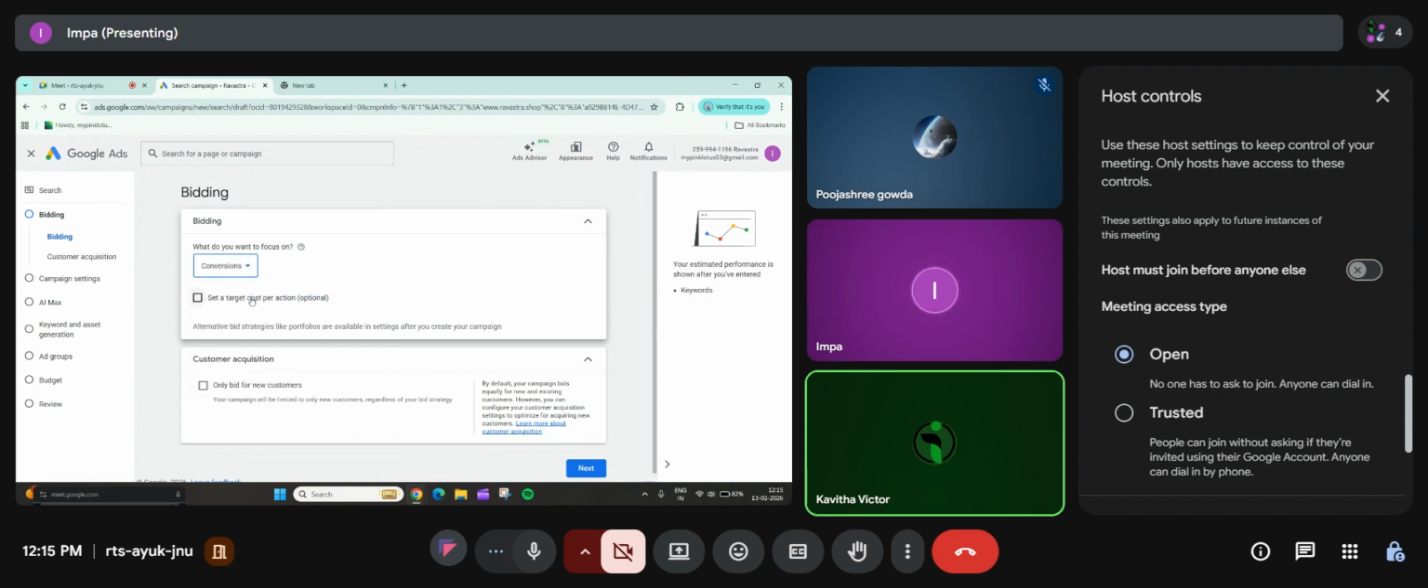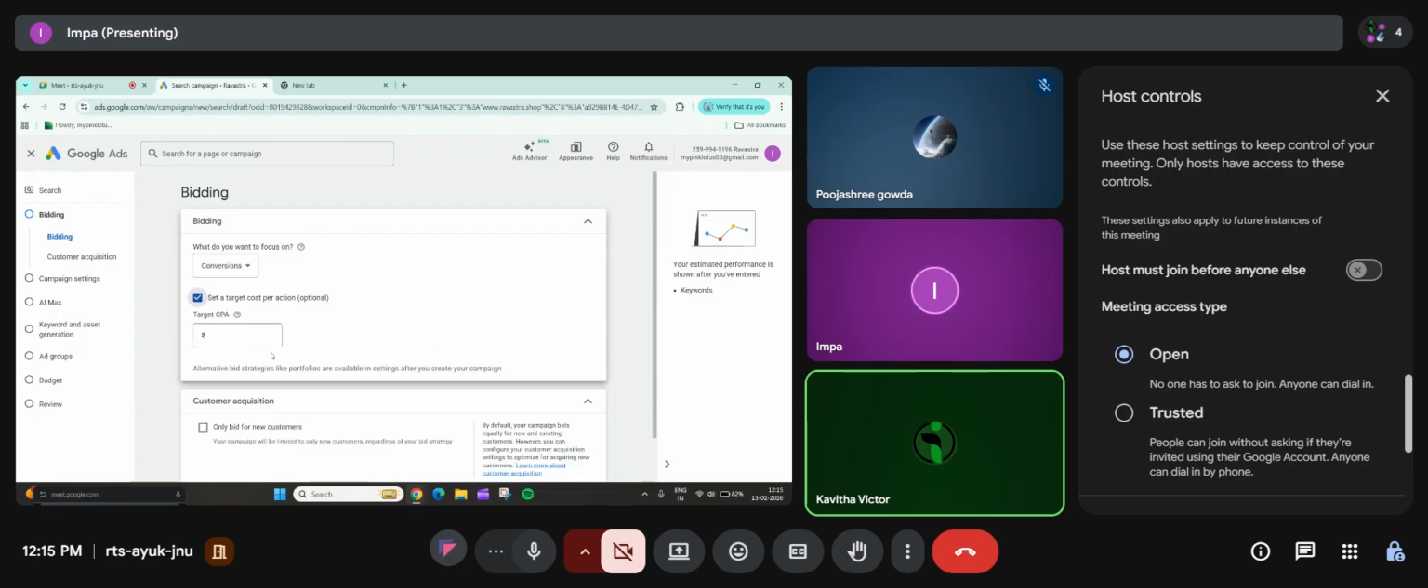Conversion. So the goal is to get converted. Next is set a cost per action, that is optional. I told you, we will be calculating based on the keywords. For example, click on turn on that, it will ask you for the price. Cost per action price, which means based on the low page top of the page bid low, top of the page bid high. Yesterday we saw, when you're doing the keyword research, based on that you will pick any